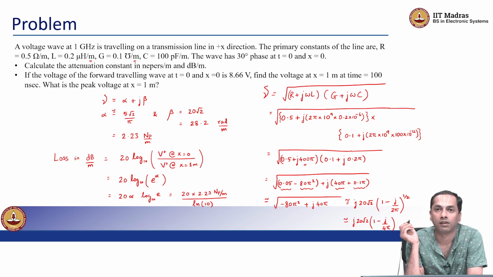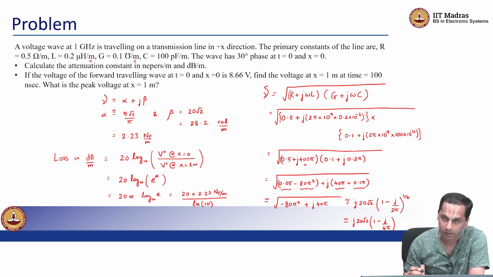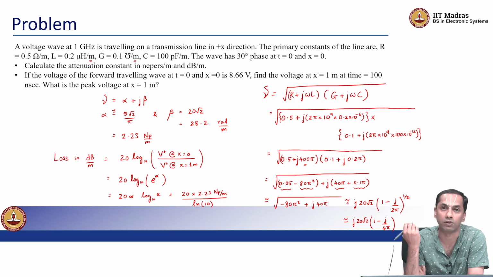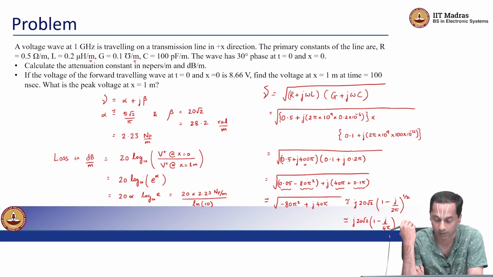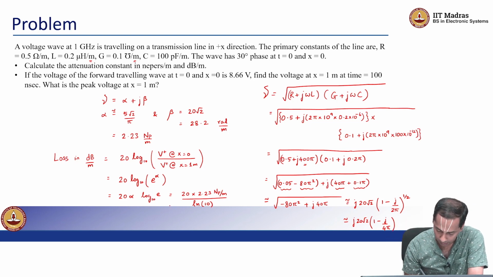Natural log of 10 is something that I remember, it's around 2.303 and it's very close to the alpha value that we have gotten. So my hunch is that the loss in dB per meter is going to be very close to 20 dBs per meter, right. So the exact value turns out to be